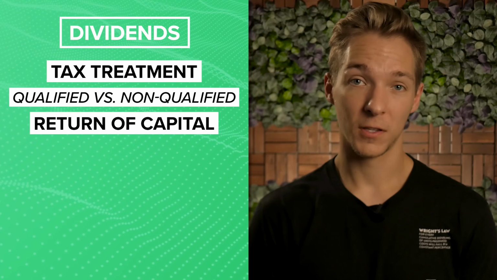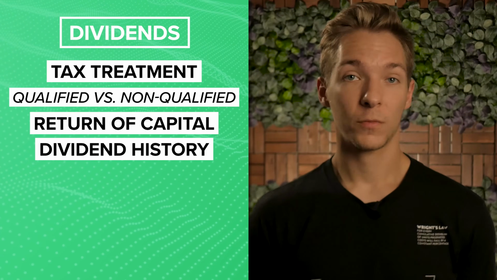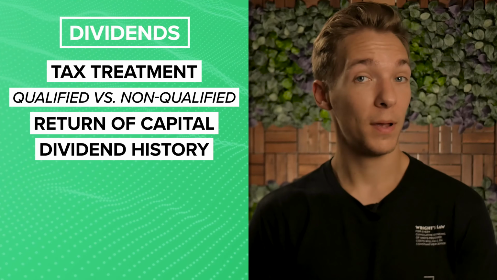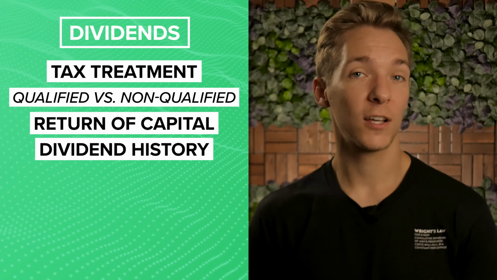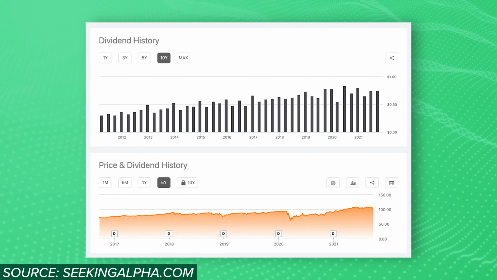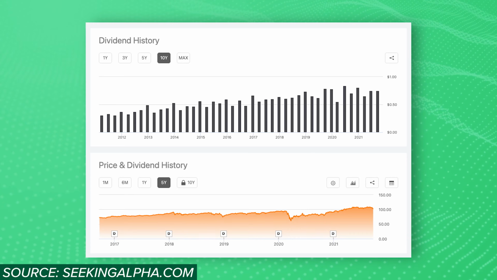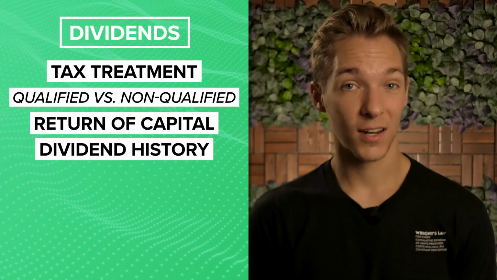passively managed index funds. Next, you'll want to check the dividend history to get a pulse on any dividend trends. Whether it's increasing, dividends have been cut or missed, or even if it's been consistent for years, will all give you more context on what you can expect from the investment. I like to use Seeking Alpha for this, as they put the information into bar charts that you can easily identify patterns in. Finally, for any active strategy that generates income from sources besides dividend stocks, you may want to